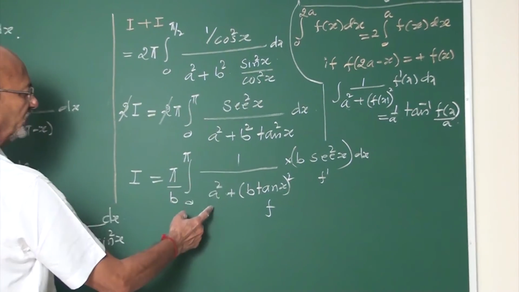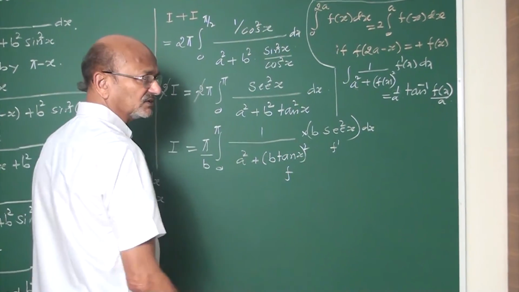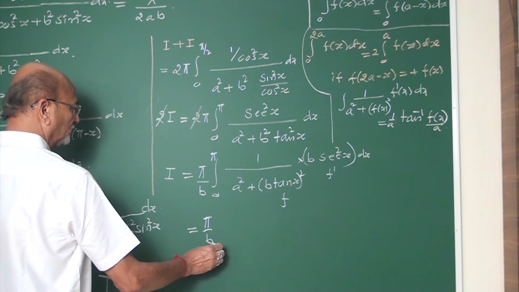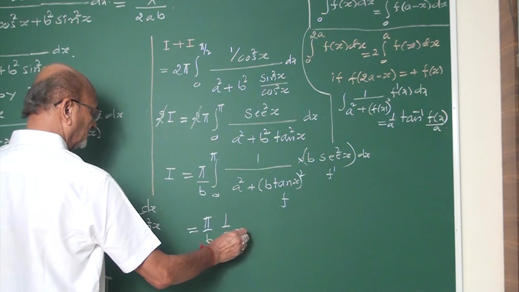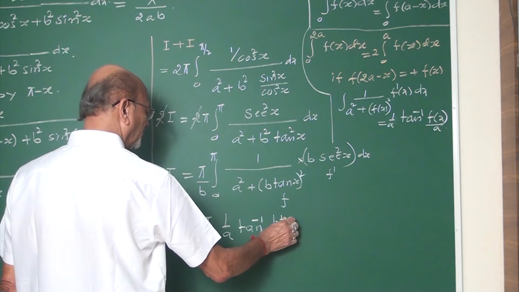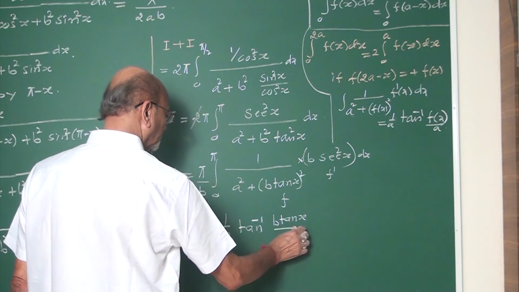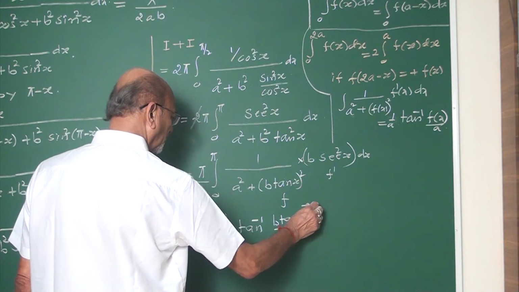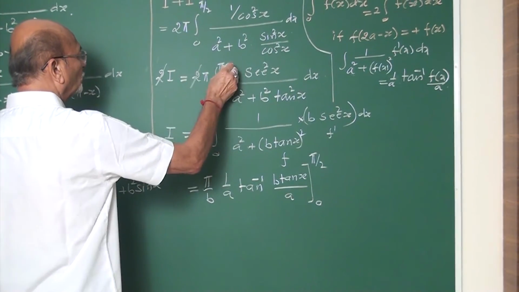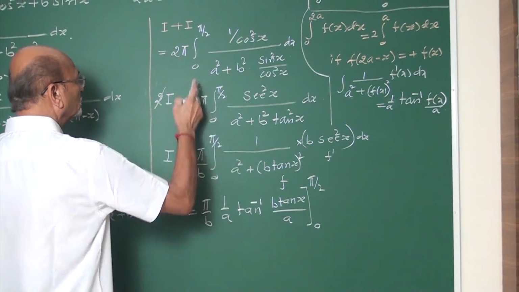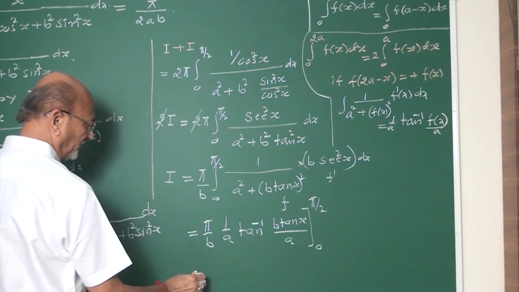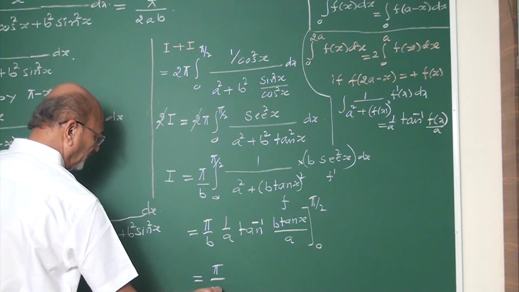Yes. 1 upon a square plus fx whole square into f dash x, this is pi by b into 1 by a is there. Tan inverse fx is what? B tan x upon a. What are the limits? 0 to pi by 2. Yes, my friend. It is pi upon ab,